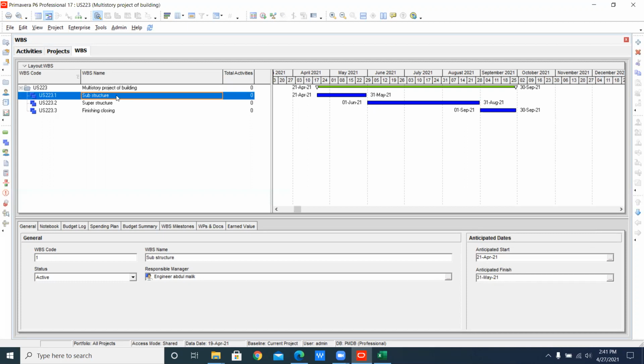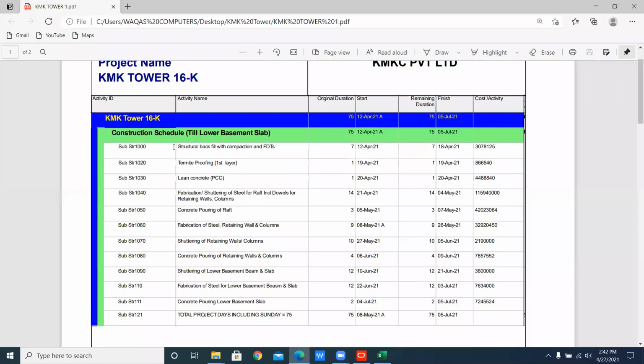Anticipate means your guess that your substructure will be finished by this date. Must remember that technique. But whenever you are working practically in your activity, this is your actual time, because you only focus on how much time your activity is taking.